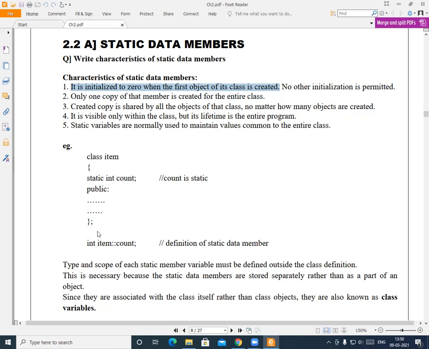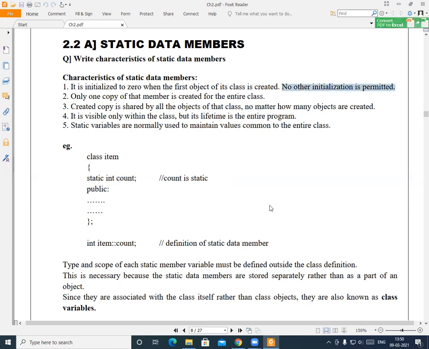Now when I create objects of that class, suppose I1, I2 of the class item, at that time this count variable will automatically be initialized to 0. That means inside this count variable there will be 0 value.